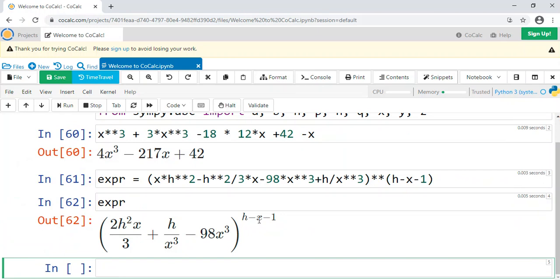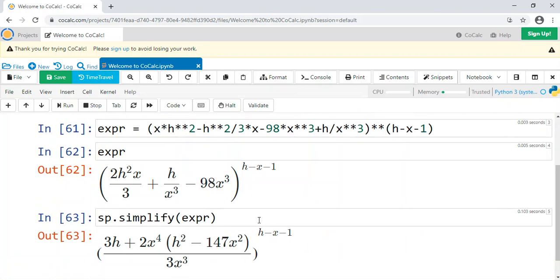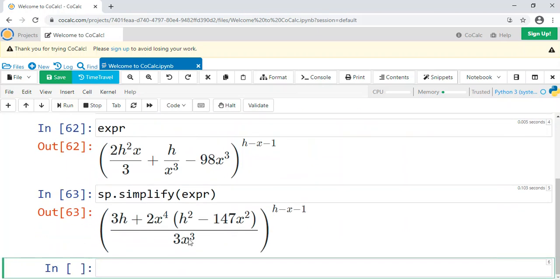If we did sp.simplify(expr), it's going to give you something a little different. It put it all over 3x cubed and put this into parentheses. It made it a little neater, and so it simplified it a little bit. You don't have that much control, as opposed to factor or expand that we saw before, where you had a lot of control.